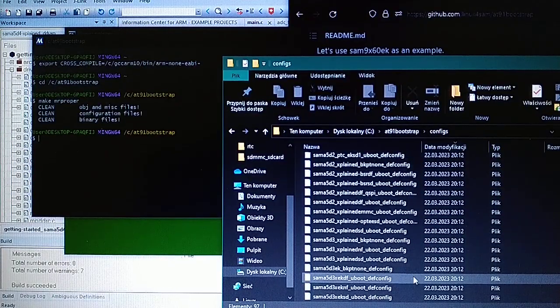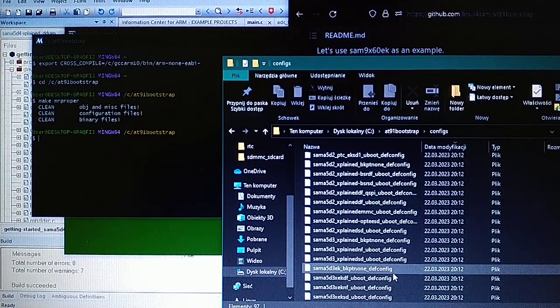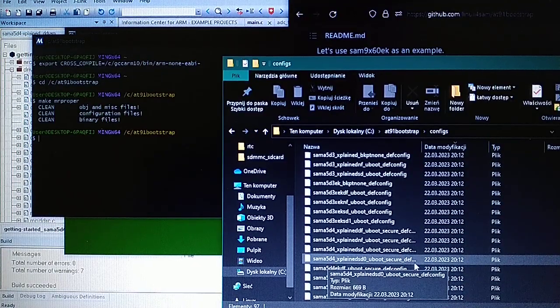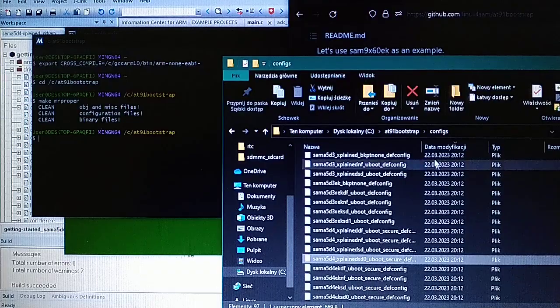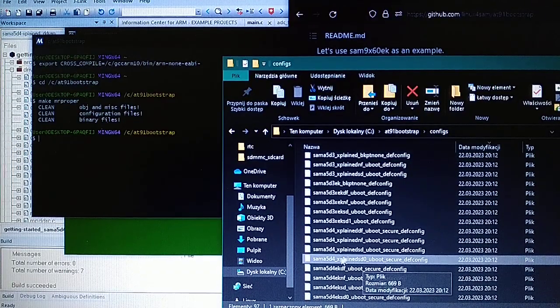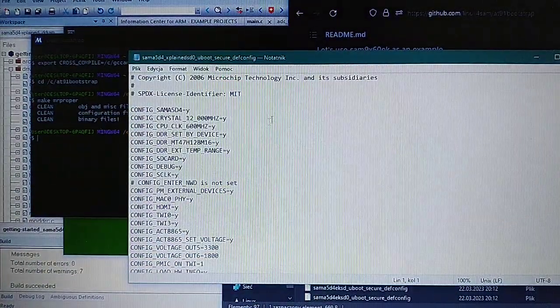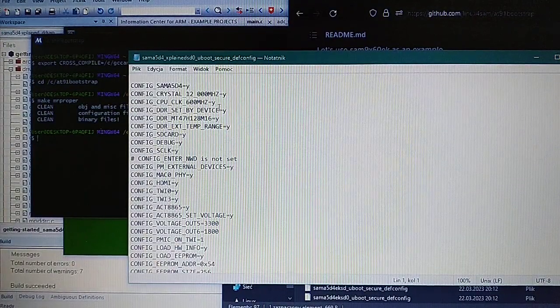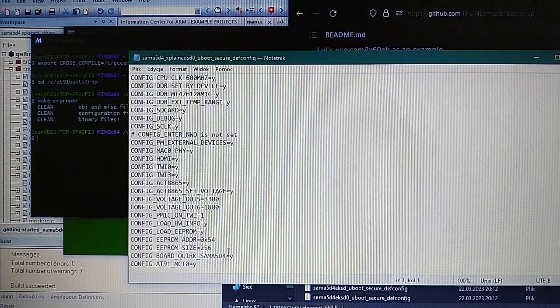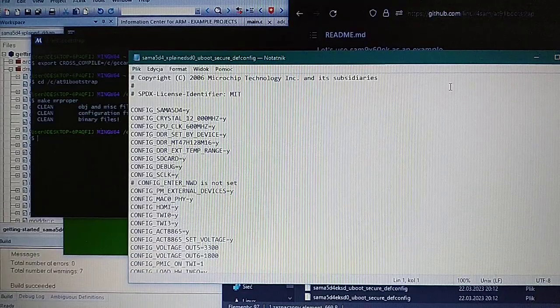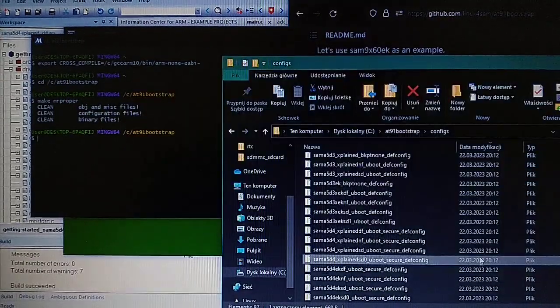So as we go to the SAMA5D4 Xplained board, we got an example of a user boot secure config. You can open it with a notepad, and we here see what options we got. You can modify them manually as you want,